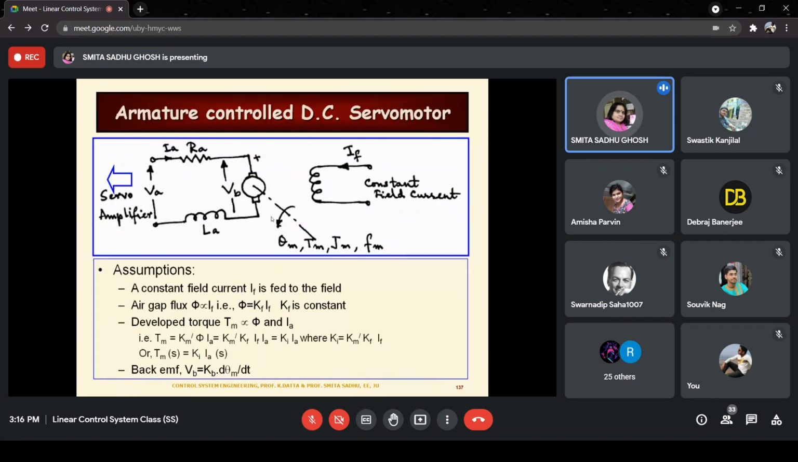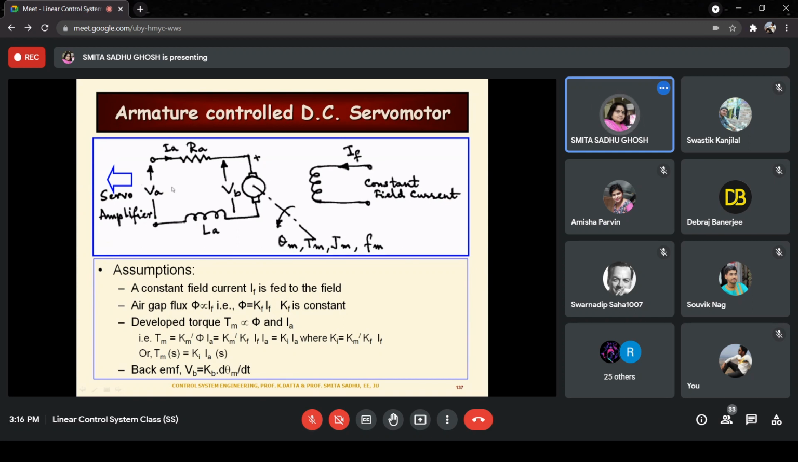So now next we come to the other configuration, that is the armature control DC servo motor. Over here again, the circuit diagram for the armature control DC servo motor has been drawn. Since the input is going to come from the servo amplifier unit, this arrow with the servo amplifier written over here means that this side is going to be plugged on to the servo amplifier, or rather the signal that is input to the system is going to come from the